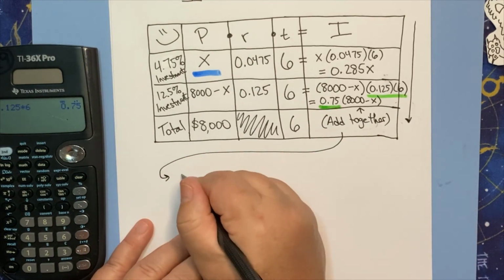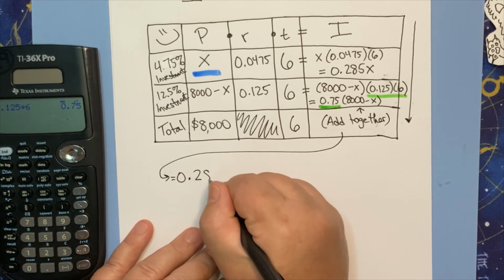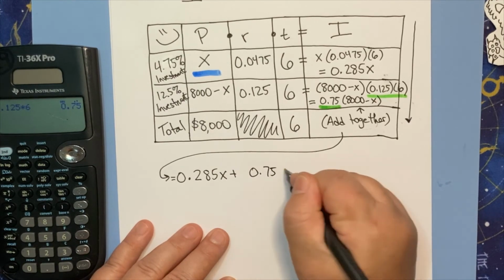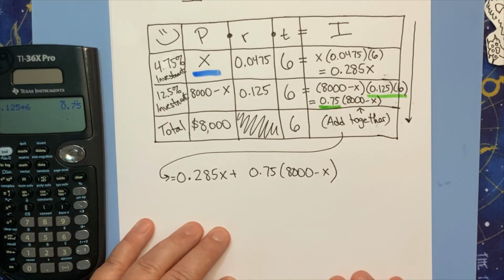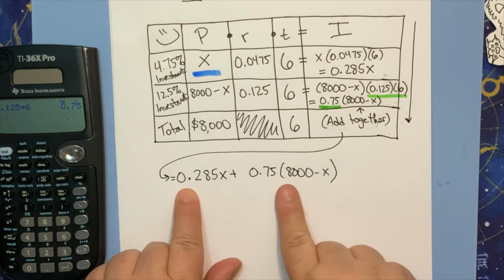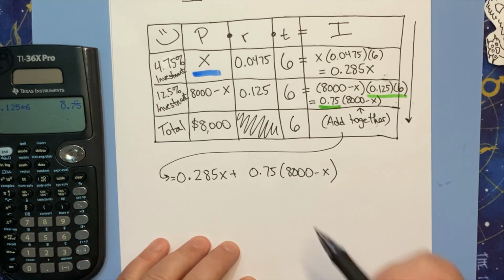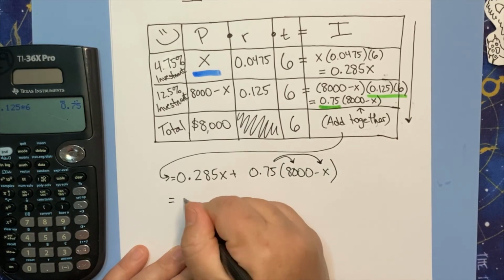And I'm going to say, I'm going to take 0.285x, and I'm going to add it to 0.75 times 8,000 minus x. Like that. This is investment 1, this is investment 2. And then I realize if I'm going to combine, I really need to multiply through. So I'm going to go ahead and use the distributive property and multiply through there. I get